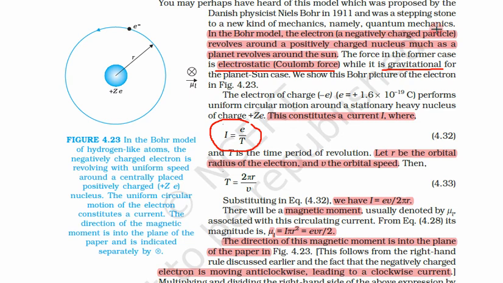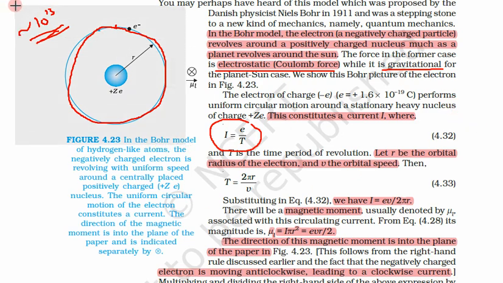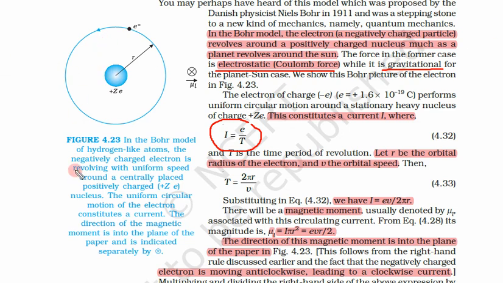But definitely for an electron this is not 1, this is very large, about 10 to power 13. Suppose it starts at this point, it moves around about 10 to power 13 times, very large, 10 to power 13 or even more than that. So it moves like this very fast. So we have to multiply this n into e divided by T, and that would be the current. So now what is this n?